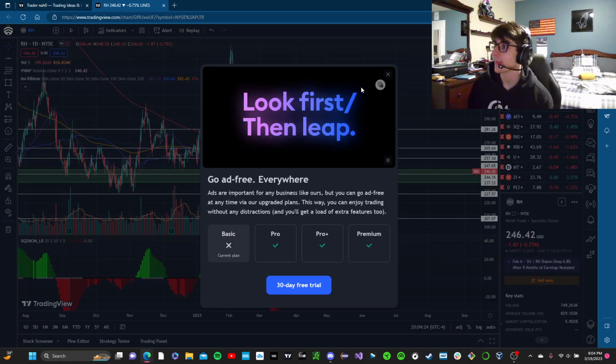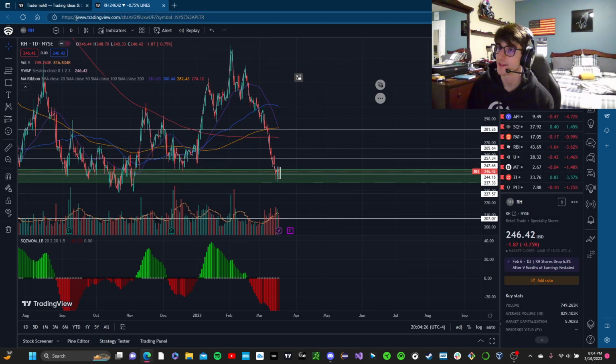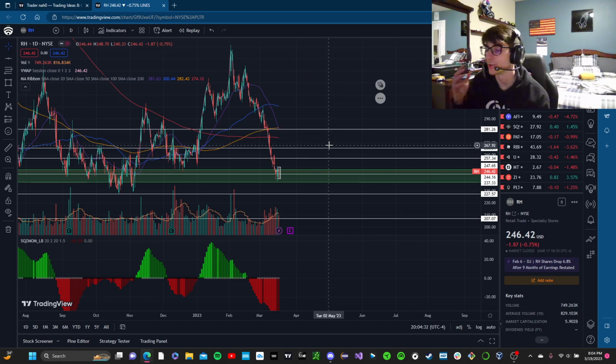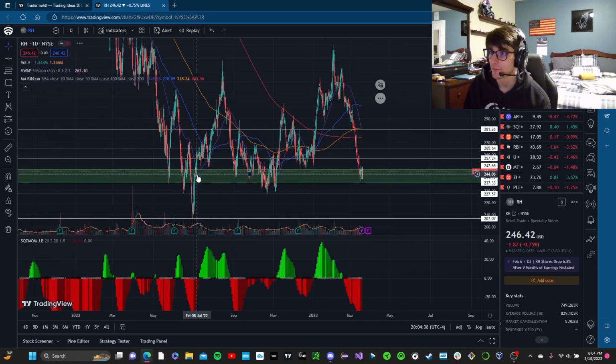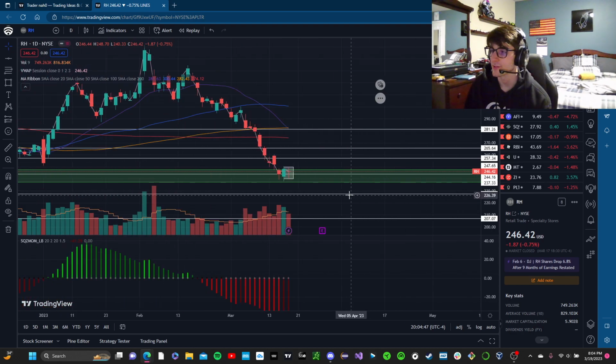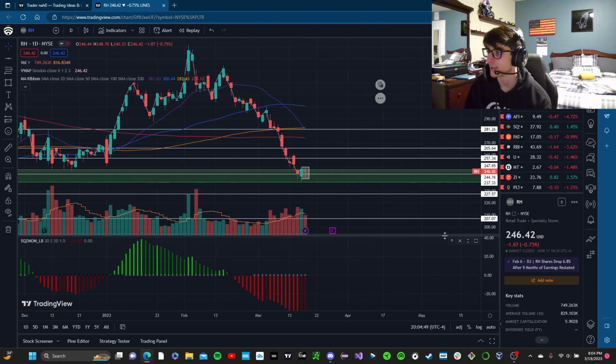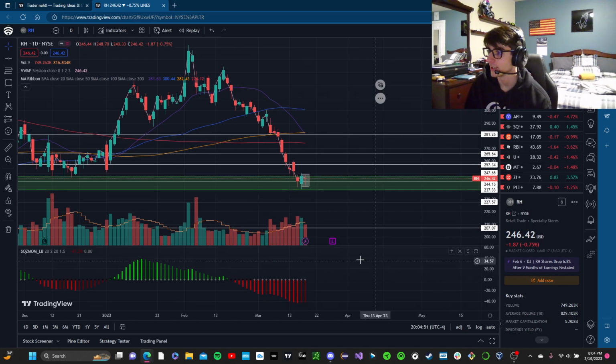Anyways, like I said before, starting on the daily, and I'm going to be going into the 4 hour, but I want you guys to know the context of how I'm looking at these names: in the sense of quick swing trades. We're in this demand zone I have marked out right here, where there are a lot of levels you could draw, but overall it tends to bounce in this area. The main reason I like it is because not only is the